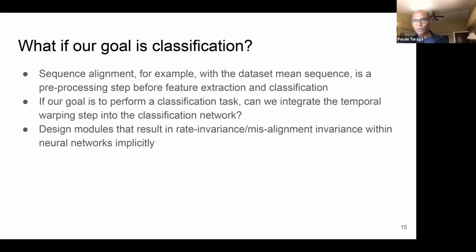So our goal is, if your goal is classification and you haven't yet chosen a feature vector, and you're going to let a deep neural network learn a feature vector, but also learn it in a way that is factoring out this gamma problem internal to the neural net, without us having to do it external to the neural net. How shall we do that?